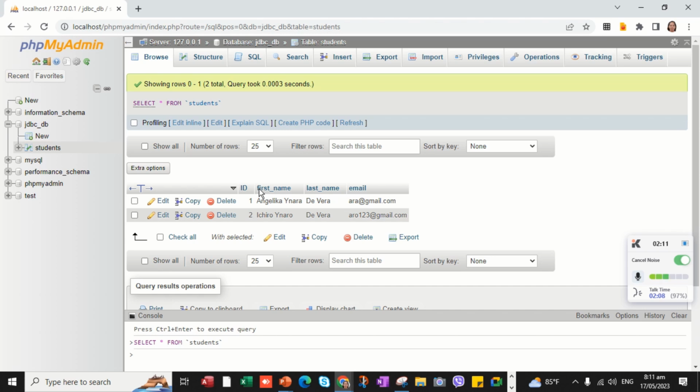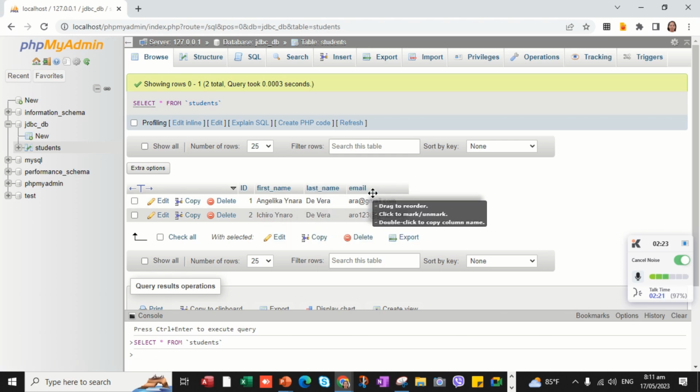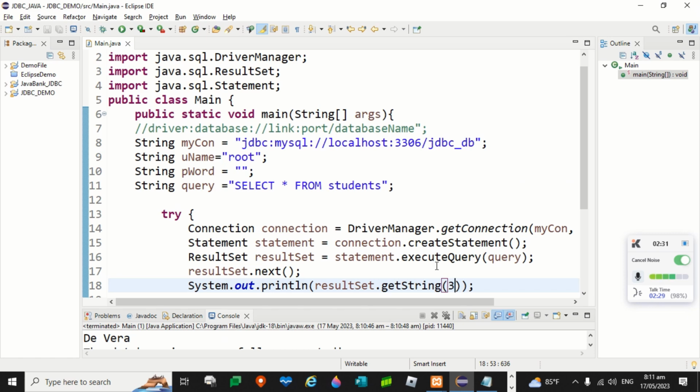Ito, first name, since naka-snake case tayo dito kasi sa PHP myadmin, so ang gagamitin natin dapat ay naka-snake case. So first underscore name, last underscore name, email. It must be exactly the same. Kung ano yung field name nyo dito, pag tinawag sa program nyo, ito ang ilalagay nyo. So ito, let's change this. So field name, yan. Field underscore name,